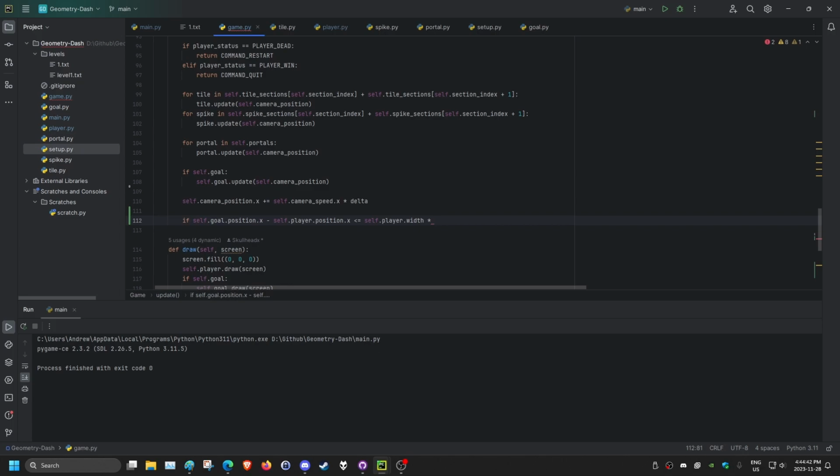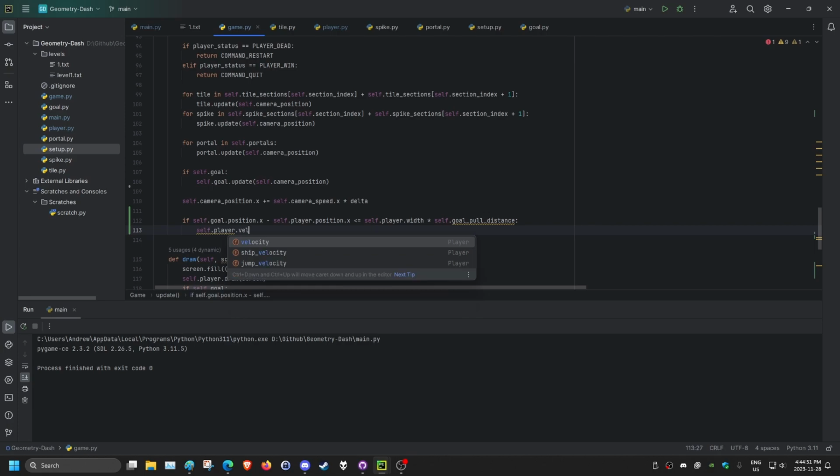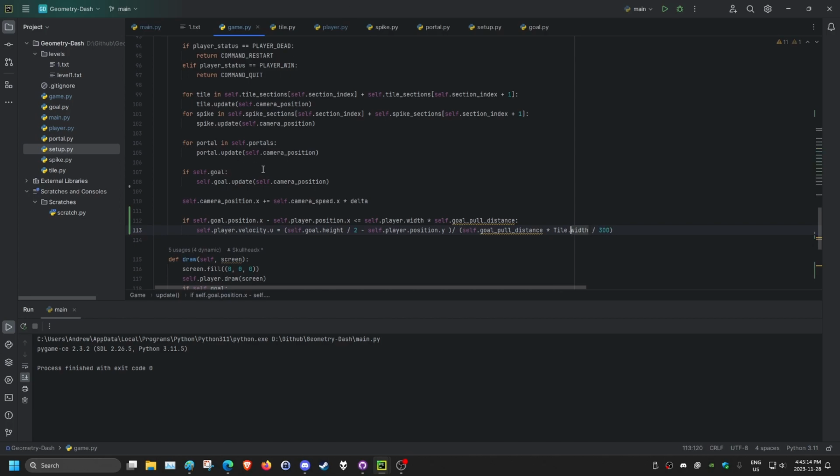So what we're going to do is figure out a distance that the goal should pull the player towards itself. So we'll just set the player's velocity, and we're going to divide this by self.goal_pull_distance times tile.width divided by 300. Okay, so what we did here